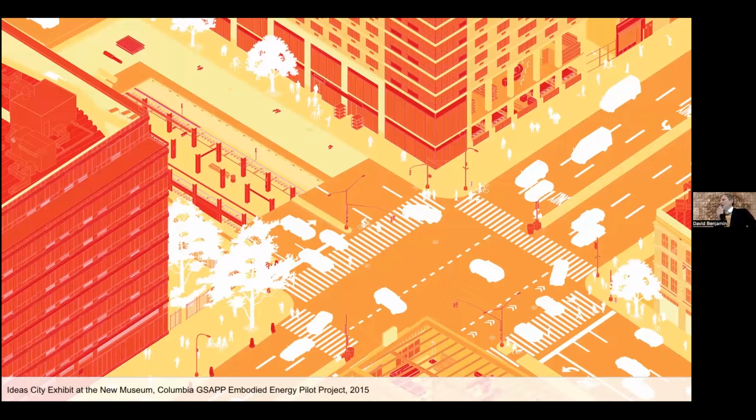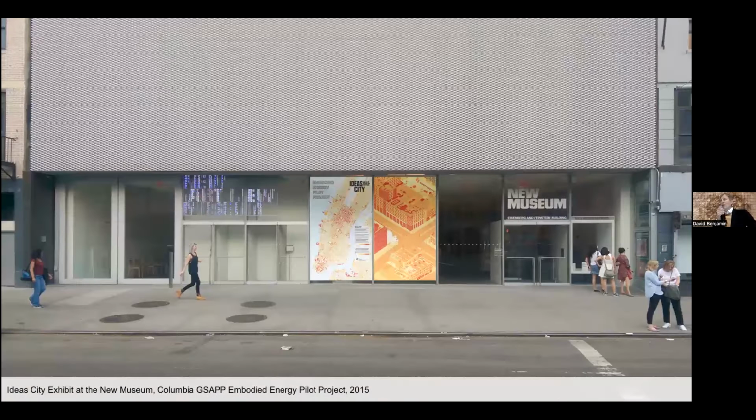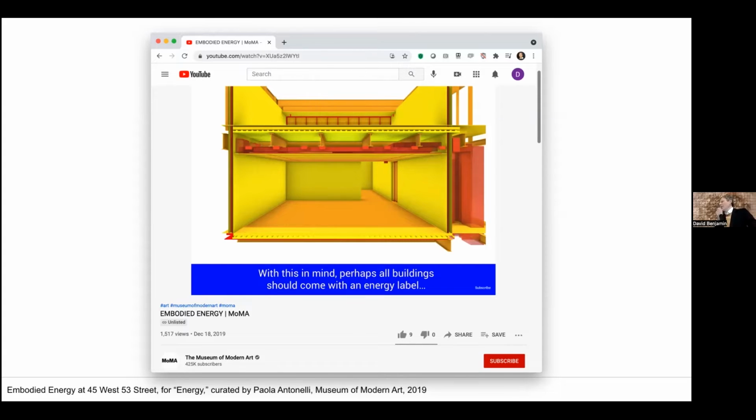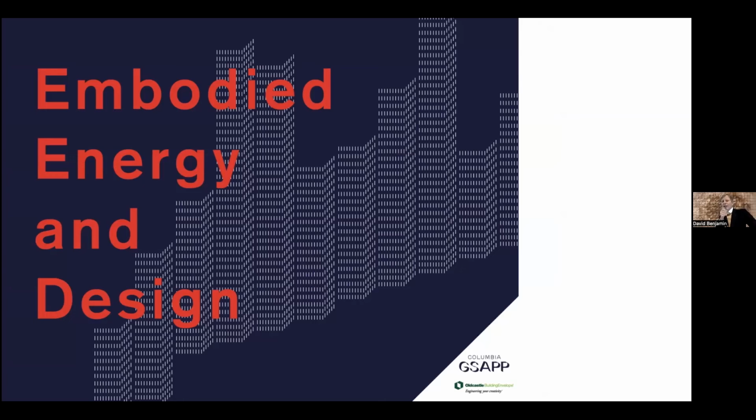And more or less, the premise of this project involves some things you probably know, but the total energy involved in buildings can be thought of as divided into operational energy and embodied energy. Operational energy is all of the energy required for operating the building, things like heating, cooling, ventilation, lighting, and anything you plug into the wall. Embodied energy, on the other hand, is all the energy required for materials. The sum of all the energy for extracting, transporting, manufacturing, and assembling materials or ingredients into buildings.